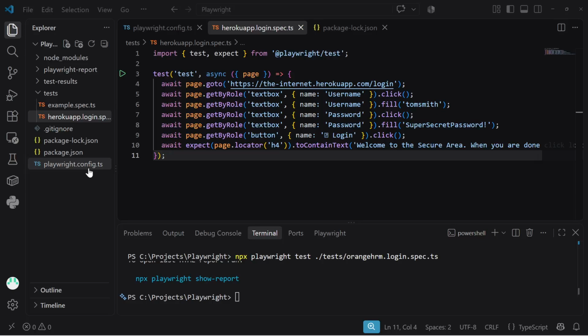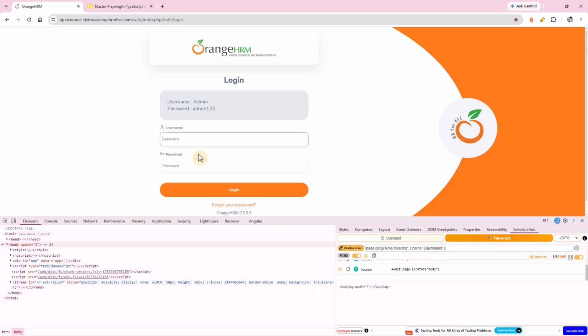Hello everyone, welcome back. In this session, we will automate the login test of Orange HRM using Playwright and TypeScript. We'll understand each line from test and page to locators, actions, and expect assertions. So this is the site which we are going to automate,